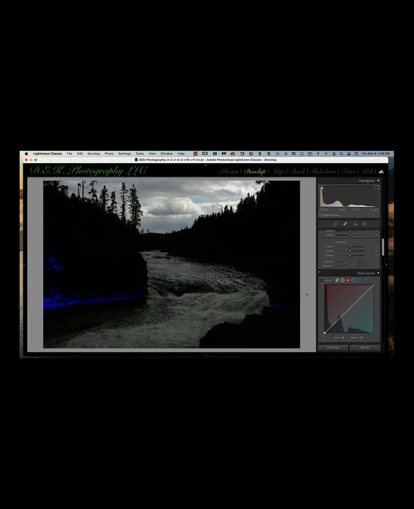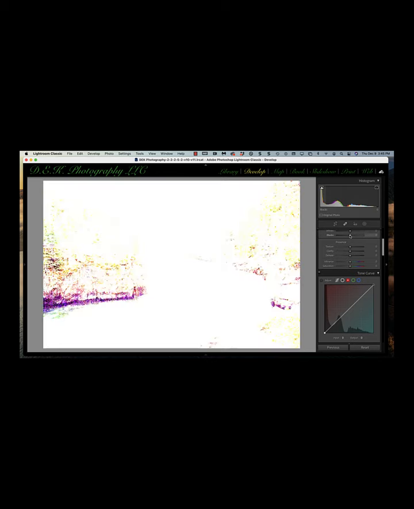It works pretty much the same way in recovering lost detail in the shadows. You can see there's a lot of lost detail in this image. If I hold down the Option or Alt key and click on the black slider, that shows you where all of the lost detail